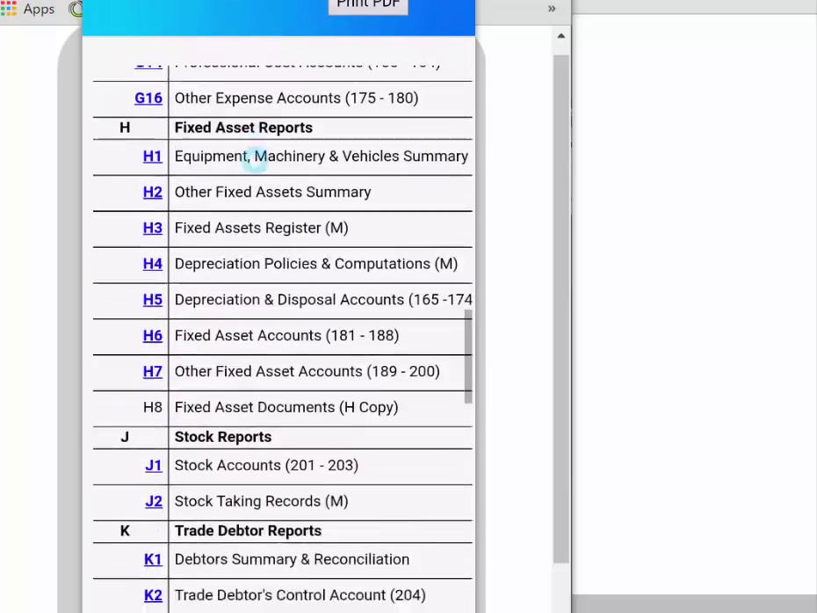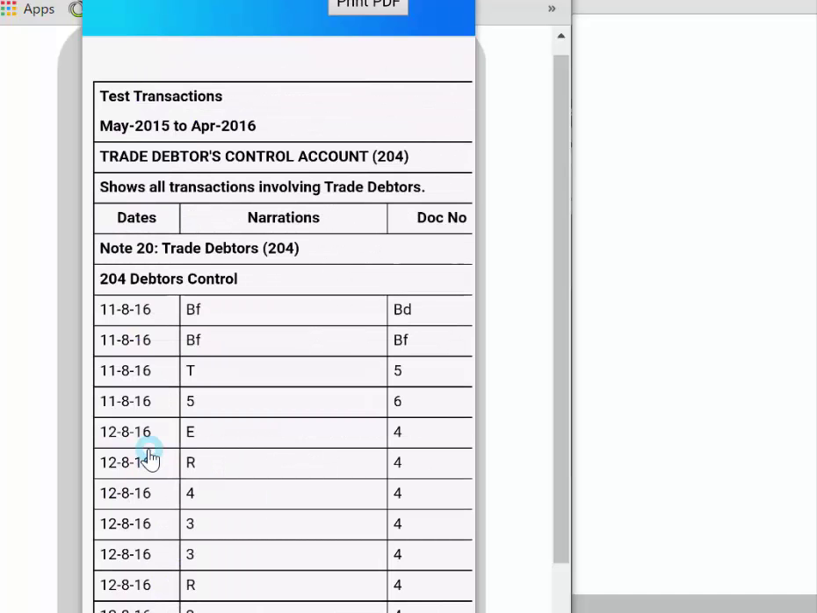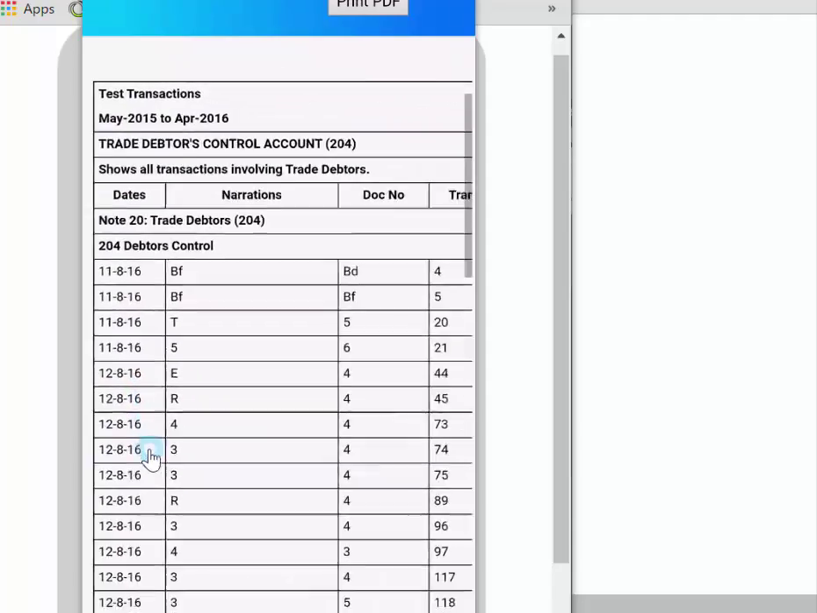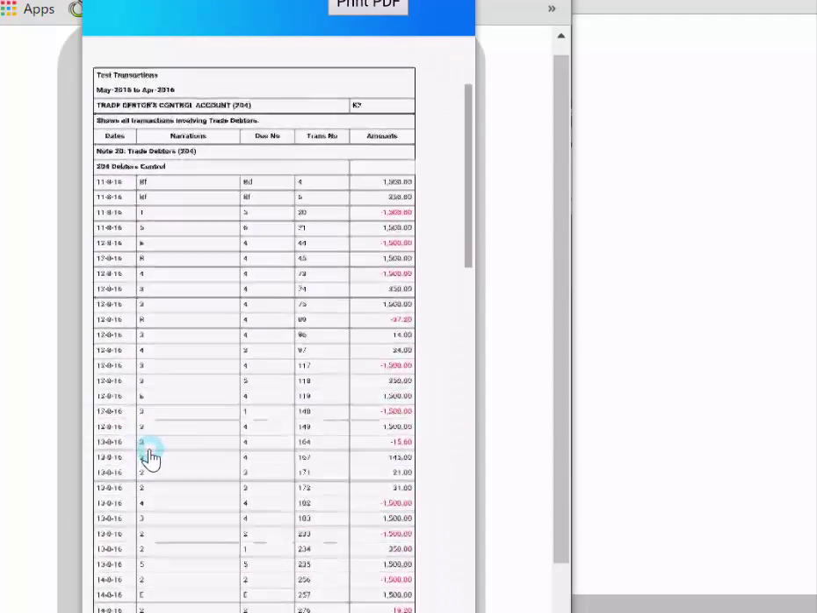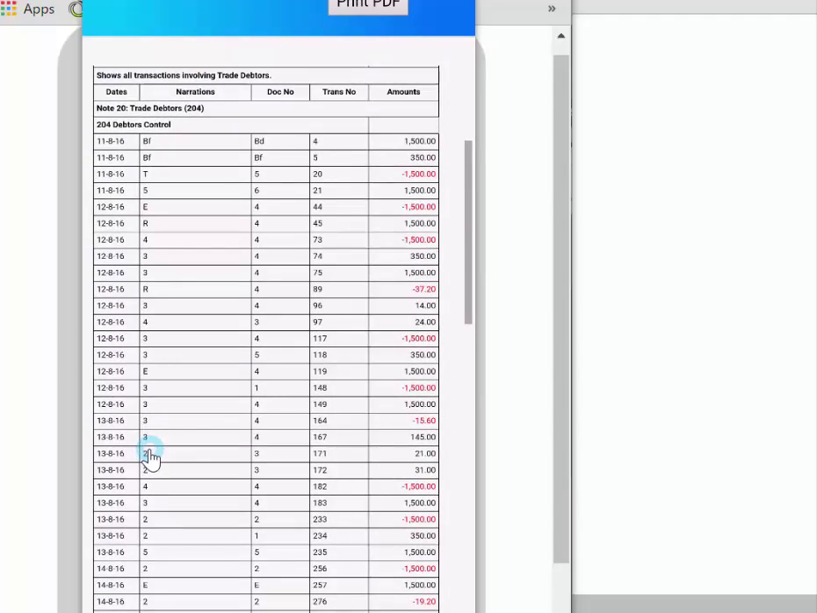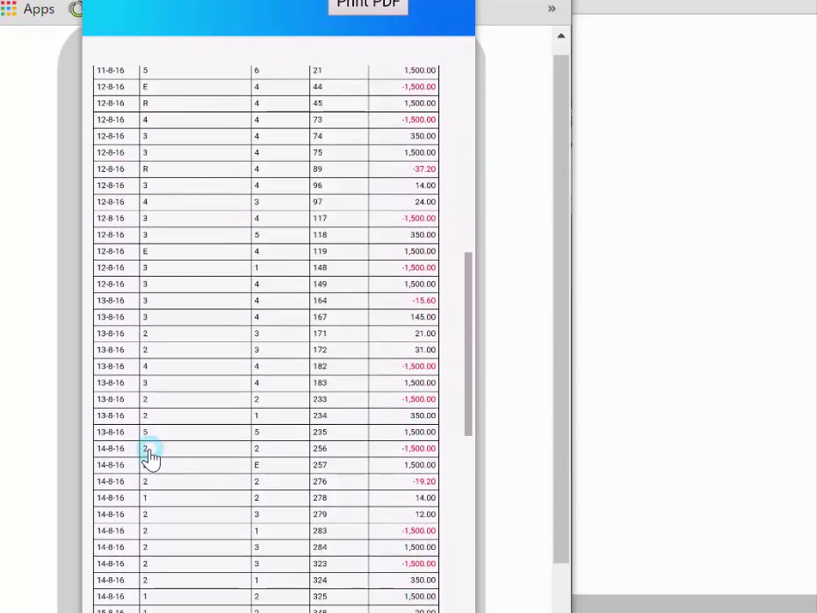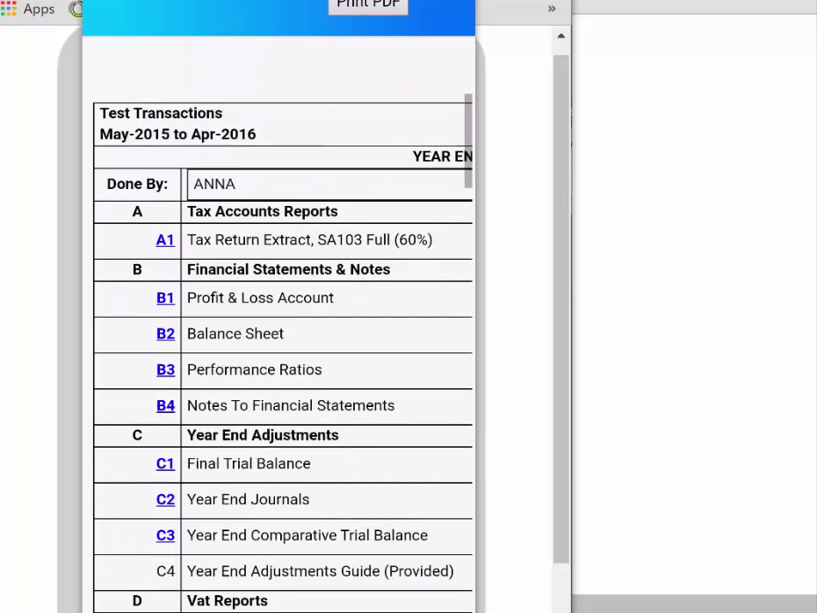K2 is the data's control account. It's part of double entry and it shows all transactions recorded onto individual data accounts, including the opening balances. As you can see, BF at the top there, opening balances. And remember, these are just demo transactions, and we're saying the closing balance is 2582. And then after that, we look at